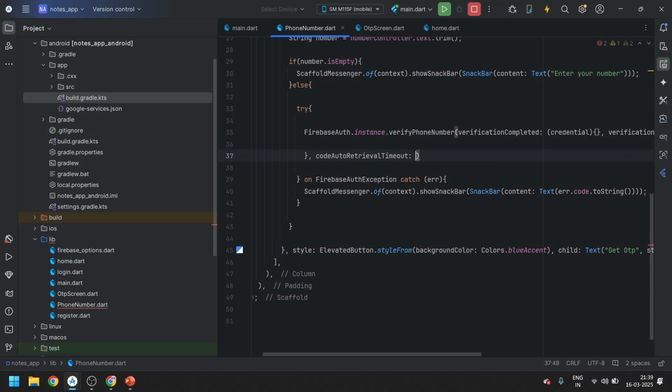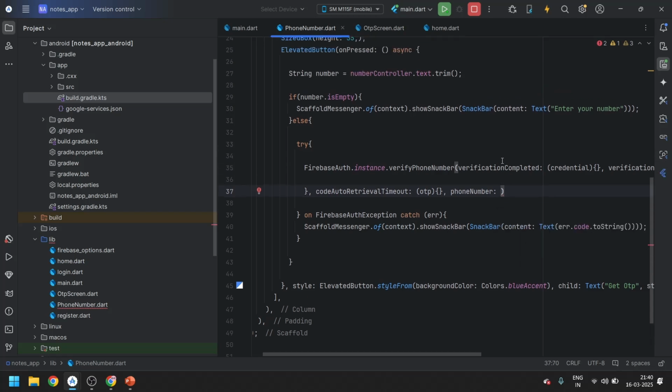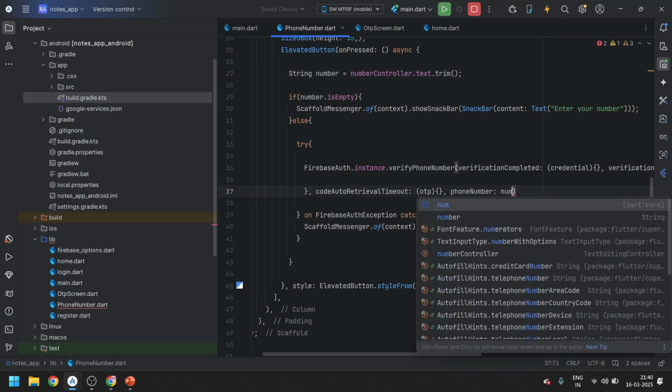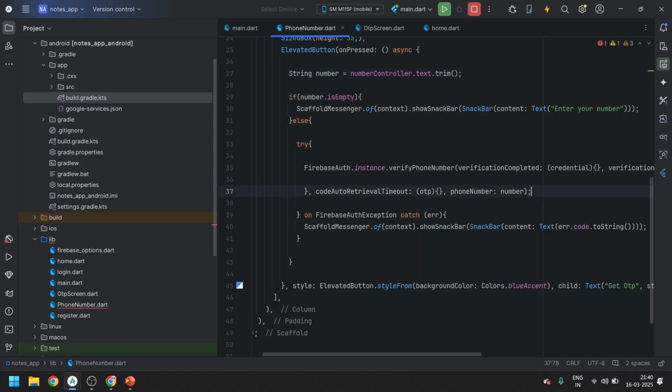And over here, we will just pass the OTP. And after this, the very important, we will pass the phone number. In the phone number, from where we will get this phone number? We will get this phone number from the number. Okay, and it's done.